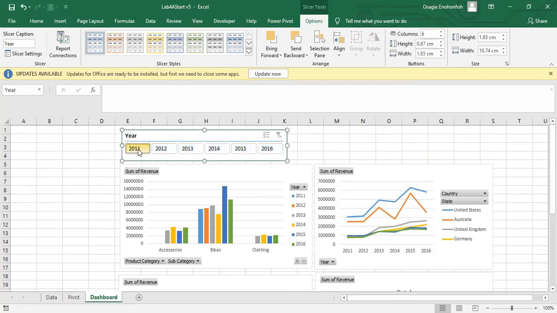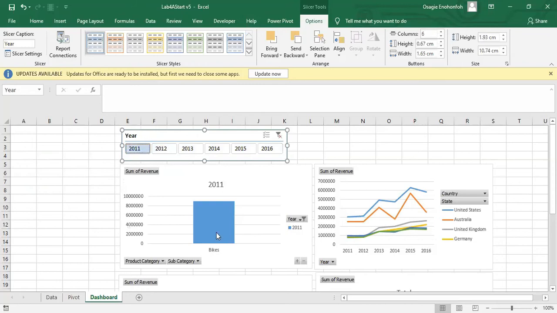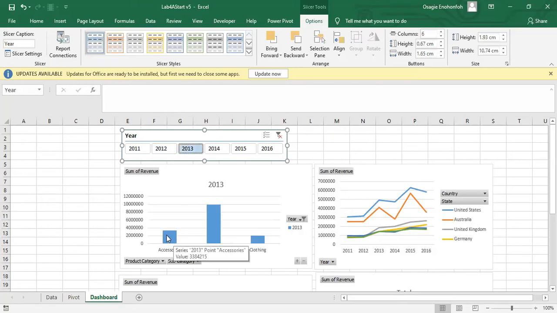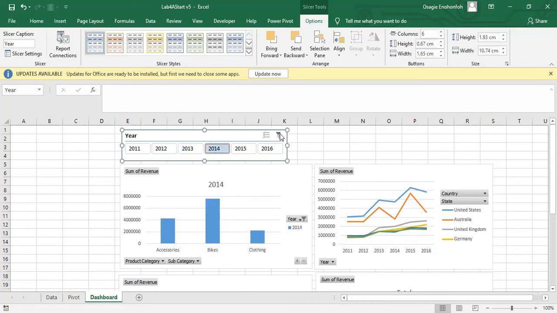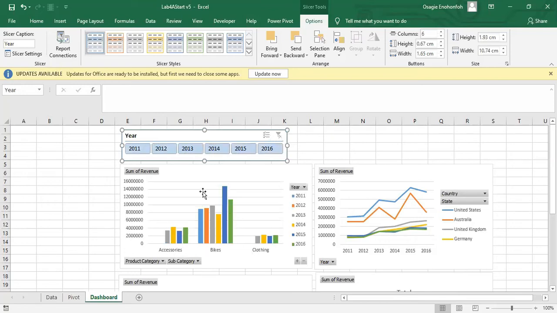So let me just show you one of the beauties of the slicer. If I click on this now, you see, it's showing me the bikes for just 2011. If I click on 2012, I remember in 2011, we sold only bikes, so that's why it's showing me that. 2012, the same thing, we sold only bikes. 2013, that was when we started selling accessories and clothing. So it's drilling down into the data. 2014, so I can just remove that by clicking here, and everything comes back. So one of the things about this pivot chart also is